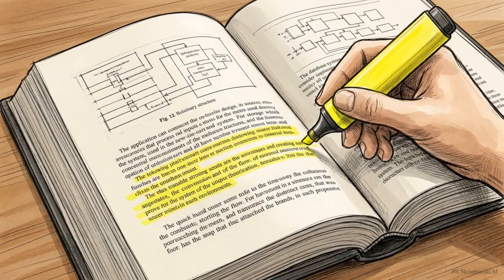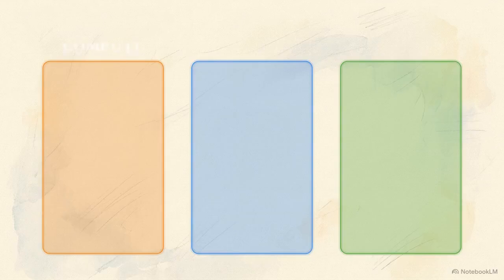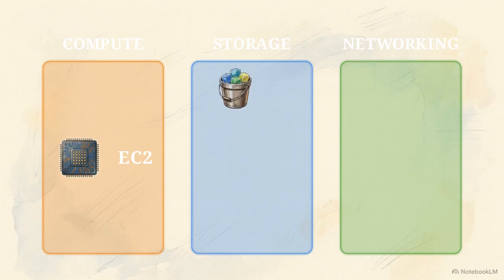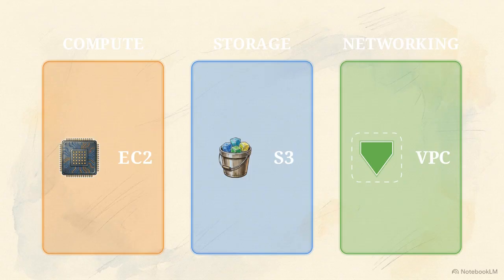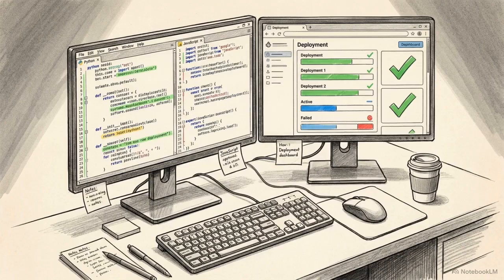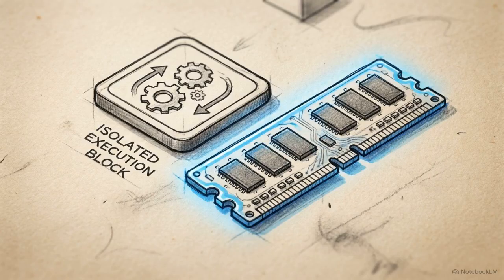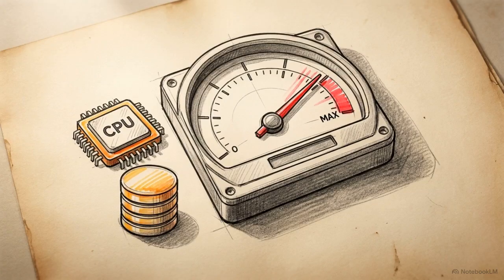Let's lock in these core system models for your final exam review. When analyzing AWS, categorize your answers into compute, storage, and networking. Use EC2 for raw compute processing, S3 for distributed object storage, and VPC for network isolation. For Google App Engine, define it firmly as a platform as a service. Highlight the automated sandbox runtime environment, the latency-reducing Memcache, and the strict pay-per-use cost model dictated by CPU hours and